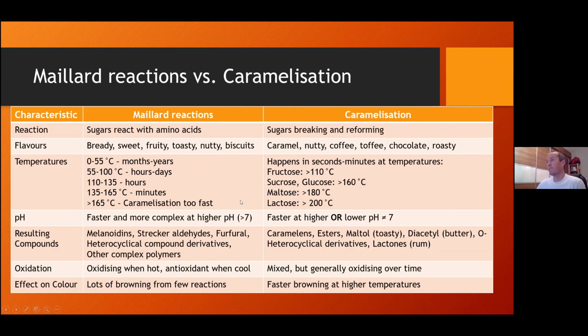What's even interesting here is Maillard reactions happen faster at higher pH. And this is also where candy sugar is different. You make it at higher pHs, not at lower pH. And that is where I was going wrong all those times. I thought we make the sugar acidic, and then we're going to make candy sugar.